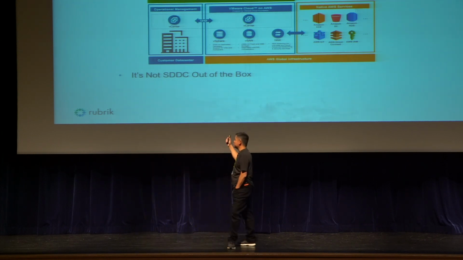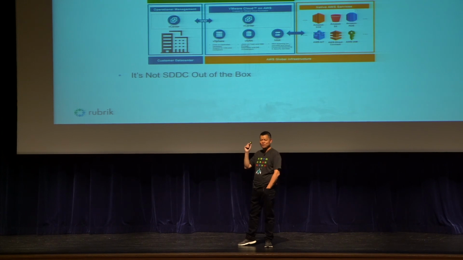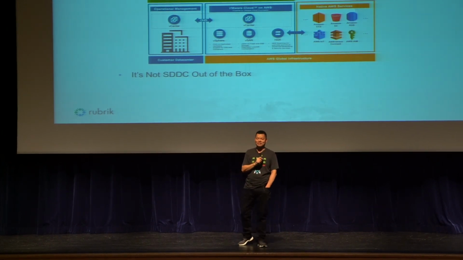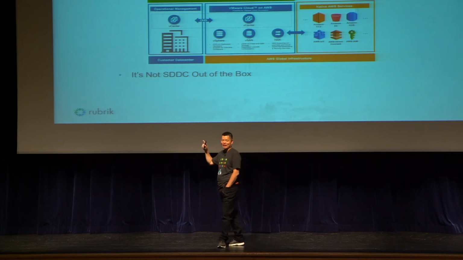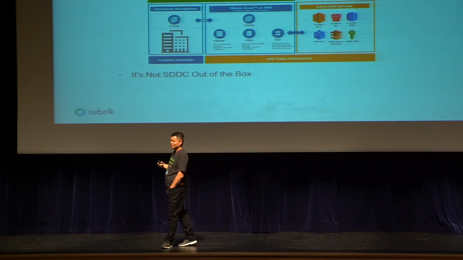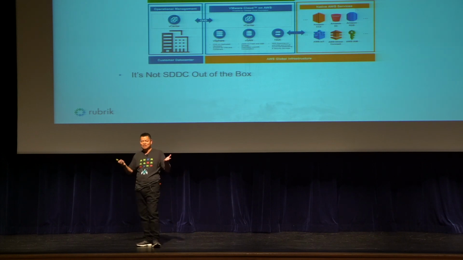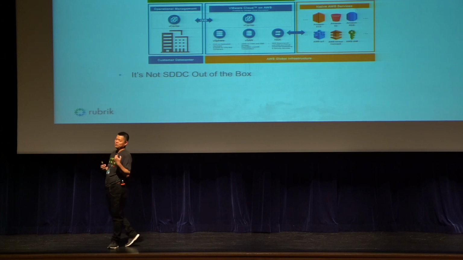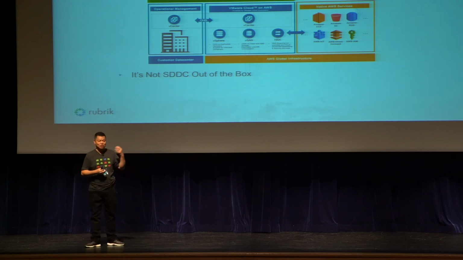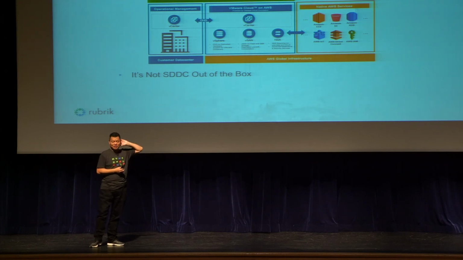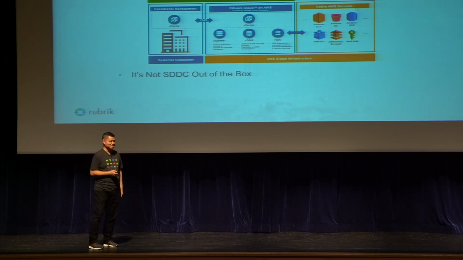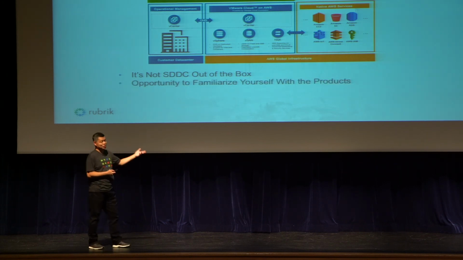And the reason is, when you build this thing out, you get vSphere, you get NSX, and you get vSAN. What you don't get is the control plane for the whole stack. You don't get vRealize, right? So you just have the VMware stack. You would have to connect it to your vRealize environment in your own data center, or install it into VMware Cloud on AWS. So out of the box, it's definitely not SDDC, despite what it says. Sorry to say. But it's an opportunity for you as a product.